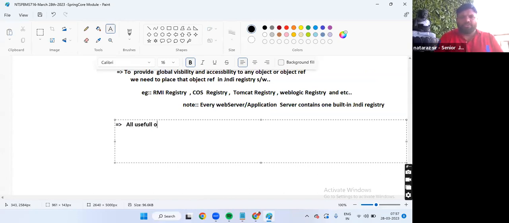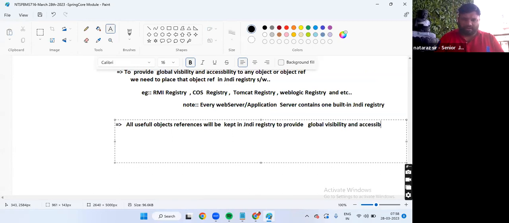All useful object references will be kept in the JNDI registry to provide global visibility and accessibility for them. Understanding my statement?